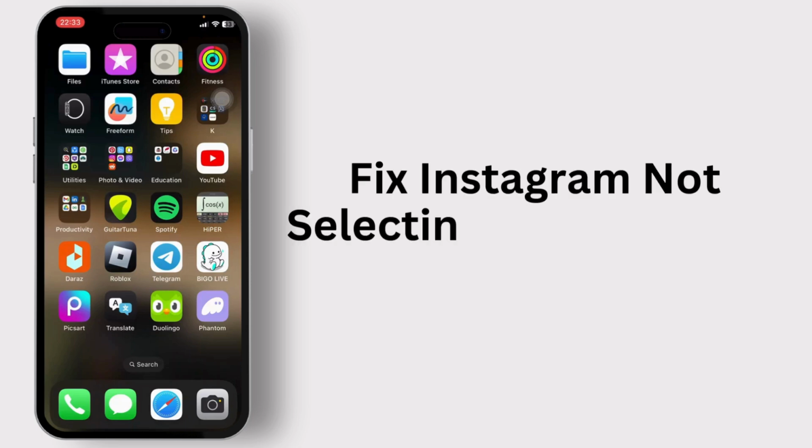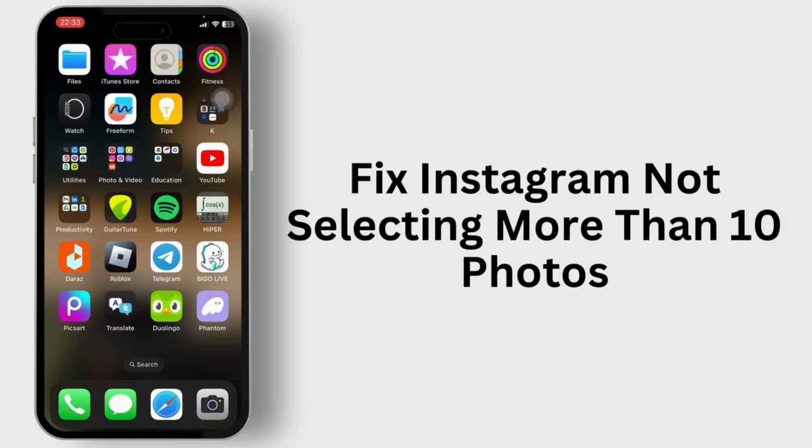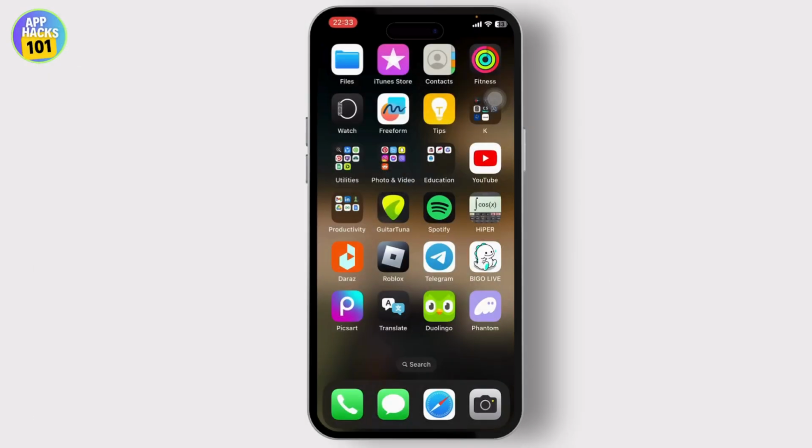How you can fix Instagram not selecting more than 10 photos and when you should basically be able to add